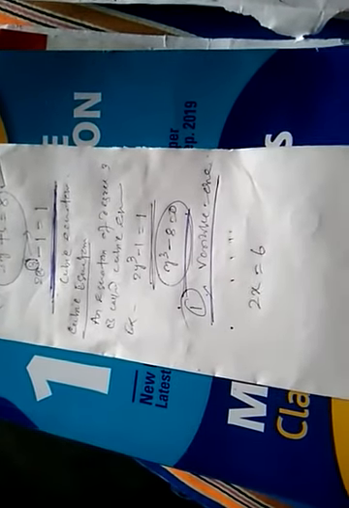So now suppose you take one equation, 2x is equal to 6. Here, what is the variable? x. What is the exponent here? 1. So such types of equations are called linear equations in one variable. What is the left hand side? 2x. What is the right hand side? 6. Both sides are balanced for some values of x. You supply a value for x, and you will see the value of the left hand side will be equal to the right hand side.